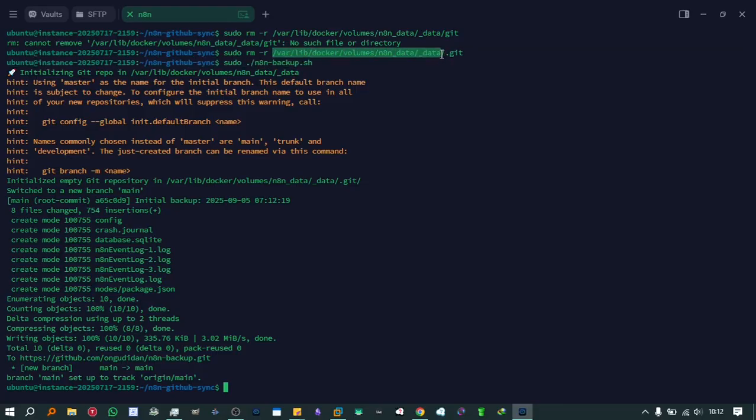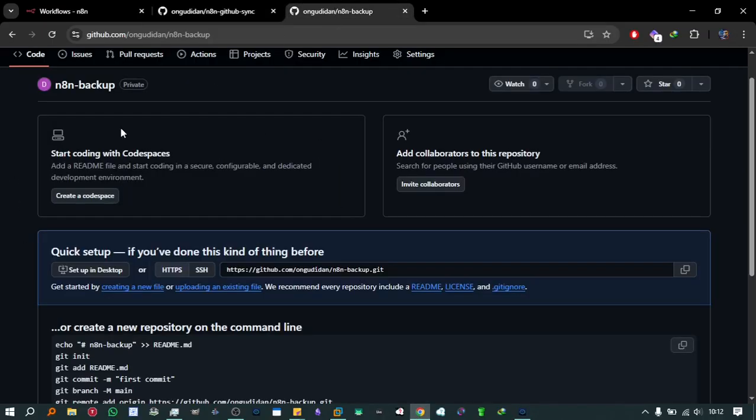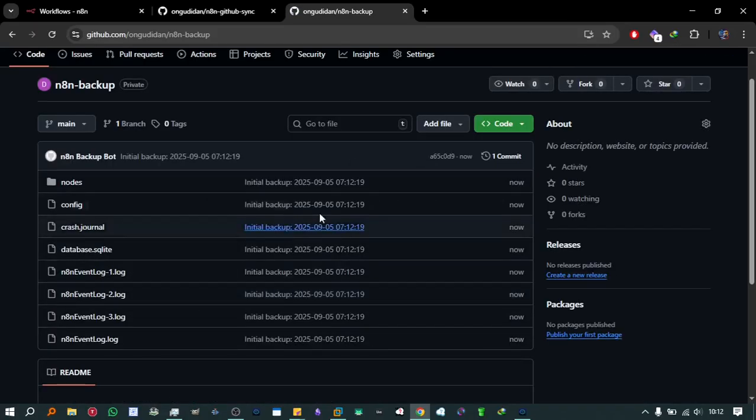Yeah, inside this directory we have pushed everything. So let's go back to our repository and try to refresh and see if we have everything here. And now you can see we have pushed everything inside our GitHub, and you can see it has been pushed just right now. So what we're going to do is to make sure that we back up, we check for every change inside